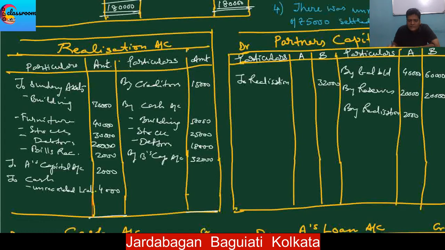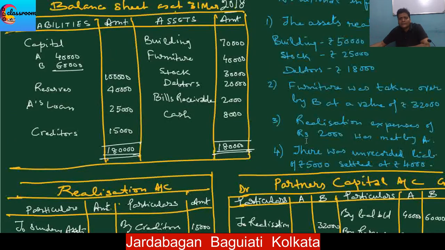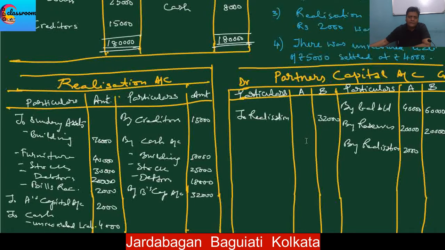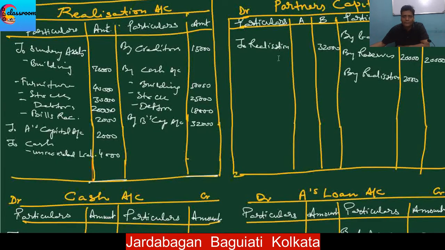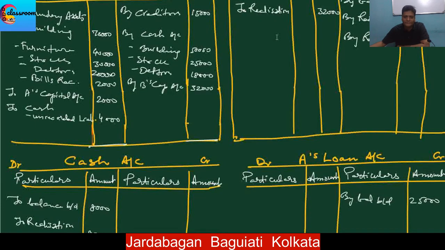4,000. And one more thing, the problem is silent regarding creditors. Nothing is said how much is paid to the creditors. We will always assume it is paid in full. If nothing is mentioned regarding the liabilities, we will assume that the liabilities are paid in full. But the case is different for the assets. If the problem is silent regarding the realization against a particular asset, we'll assume the asset realized nil, because that is possible. It's a second-hand asset that did not realize anything, but a liability always needs to be paid because the creditors won't leave the firm.